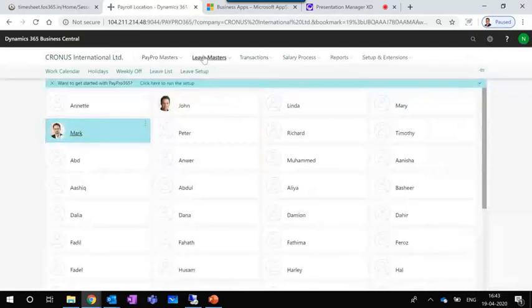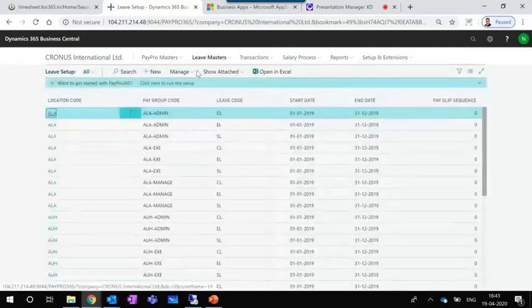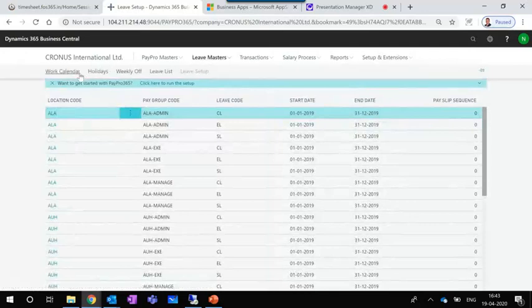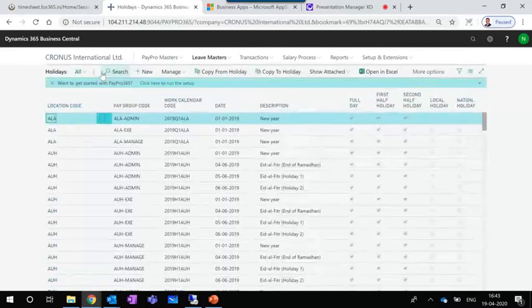We also have the leave setup. We'll be able to define multiple leaves, and location-based leave codes we can define. And we can set up the calendar. We need to set up the holidays and weekly off so that the system will automatically generate the calendar for the year or whatever period you want to calculate.